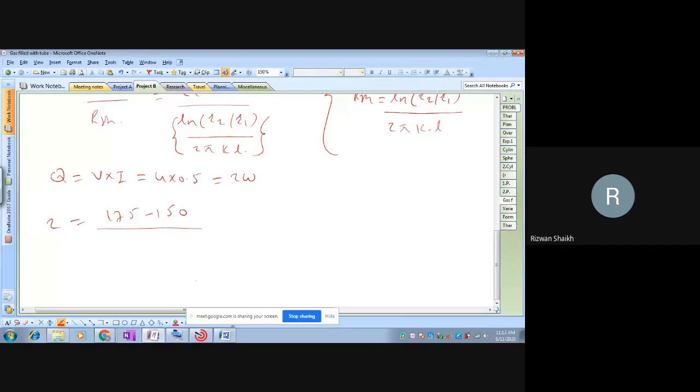So what is the ln of R2 by R1? Ln of R2 is how much? It is 0.001. R1 is 25 into 10 to the power minus 6. That is R2 by R1, divided by 2 pi K. So how much K value is given here? That we have to calculate. Into L. How much L is given? Length is 0.25. So when we apply this equation,